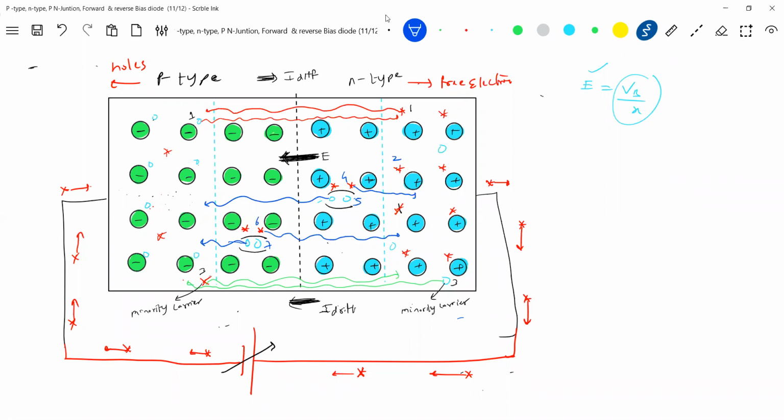Most energetic majority carriers. They will try to cross, but their number will decrease. What about 2? 2 will not move. How will 2 move? Even for 2, I had to show it like this. But this is not a majority carrier. Majority carriers I'll show in red color. Once this electron from the depletion layer comes here, what will happen to it? What should you call it? It is nothing but a minority carrier. It has started moving like this, no?